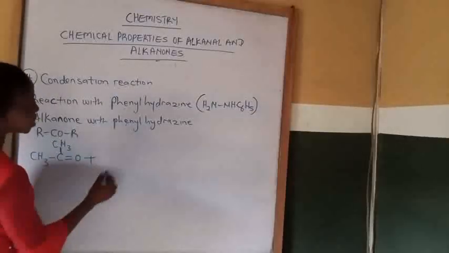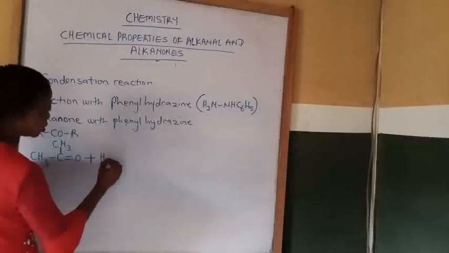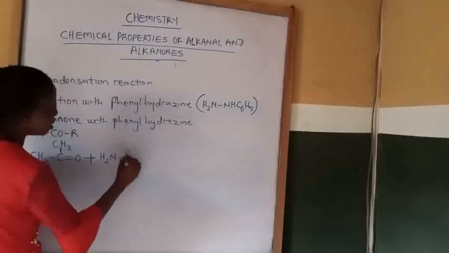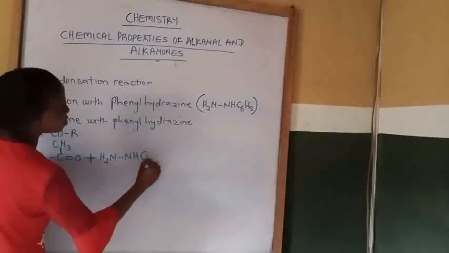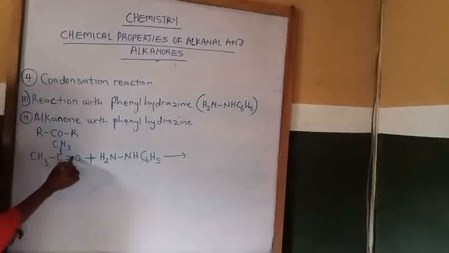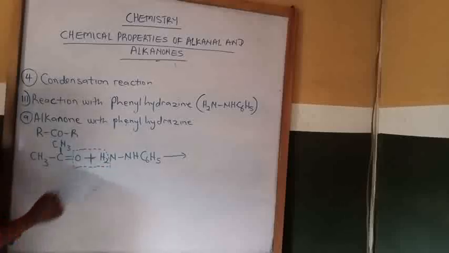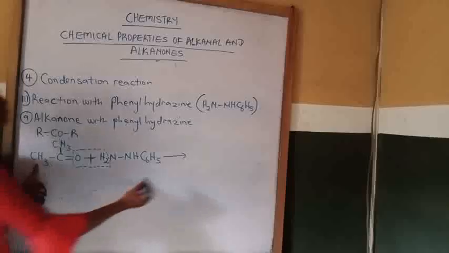Then plus our what? Our vinyl hydrazine. Plus vinyl hydrazine. That's H2N NH C6H5. So what will be our product? There will be elimination of what? Elimination of smaller molecule. That is water molecule. We eliminate water molecule. Then our products will now be